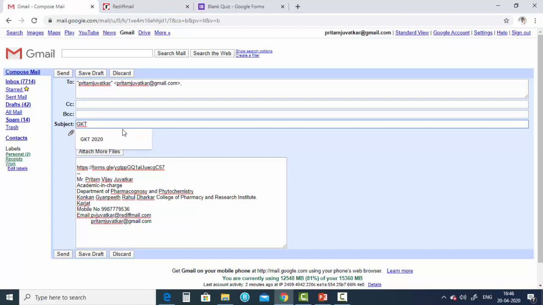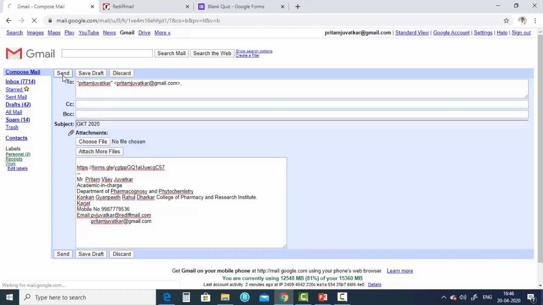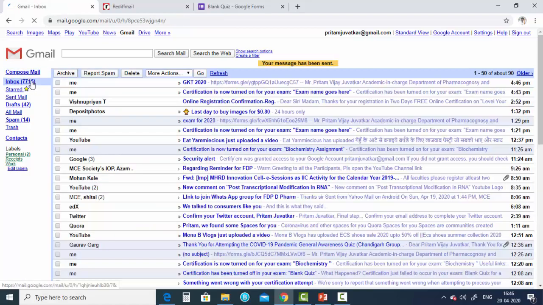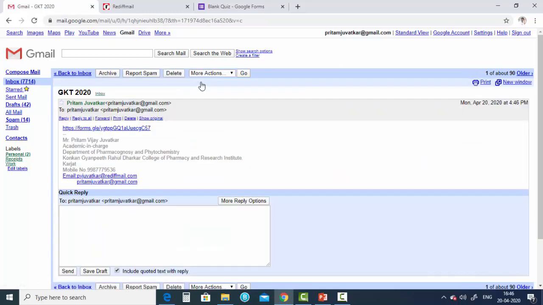Likewise, okay. Now once I send, I will get it in my email. Yes, mailbox, I got it. GKT 2020. So the student will get this link like this.